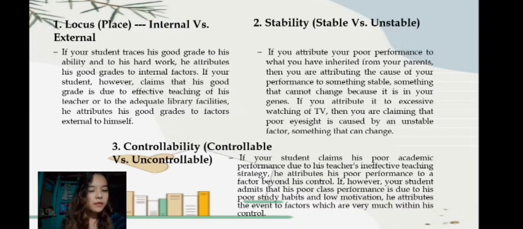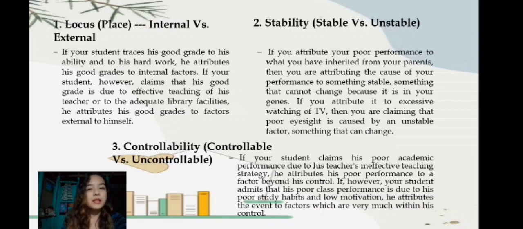If your student, however, claims that his good grade is due to the effective teaching of his teacher or to the adequate library facilities, he attributes his good grades to factors external to himself. This means if we place the locus of control externally, we are likely to blame the outcome on fate, luck,